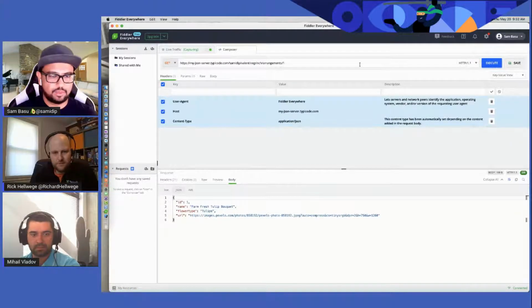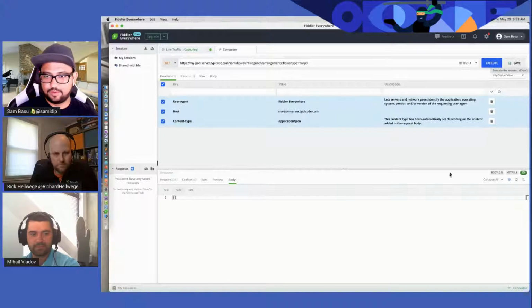I don't know if it will do any type of parameters. Maybe we could do, how would you do a question mark, right? I don't know if they support this or not. Type equals tulips.